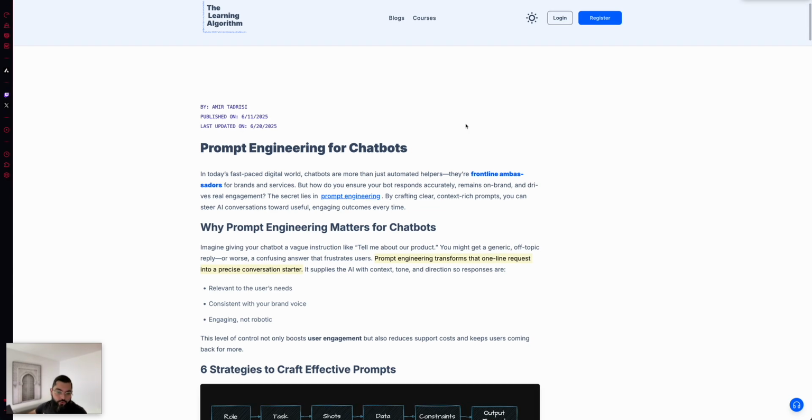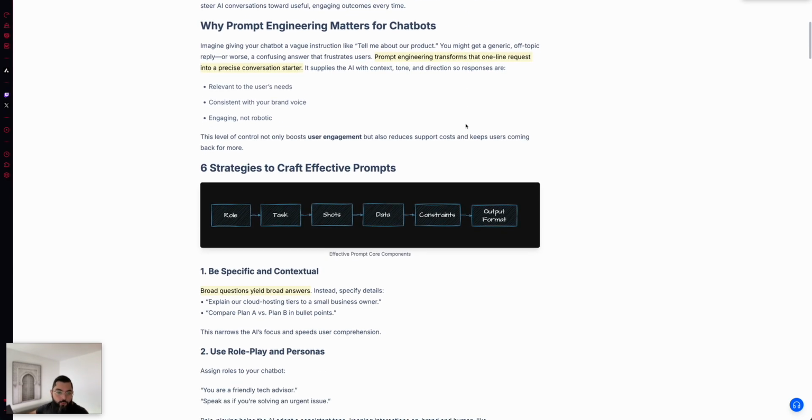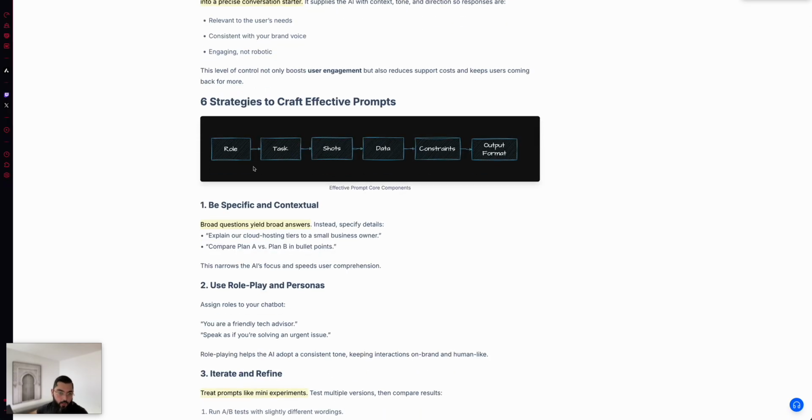Prompt engineering for chatbots. A good prompt has 6 different components. A role or persona that we give to our large language model. For example, in our case, for our chatbot, we say you're an AI legal assistant. In this case, we are giving it a persona as a legal assistant. The task is to review an NDA doc and provide answers to the following questions.